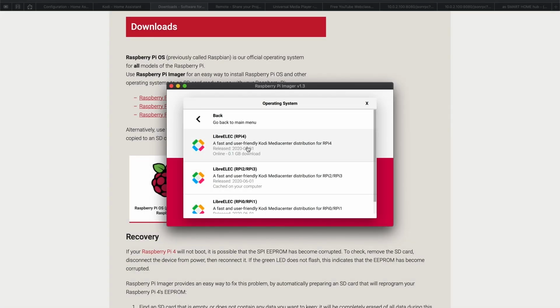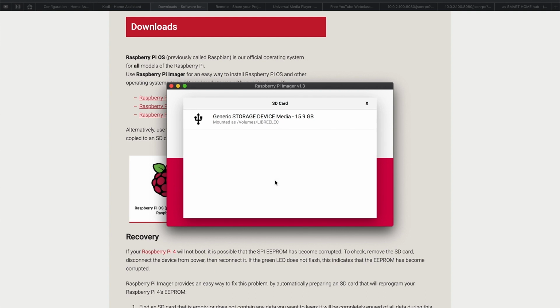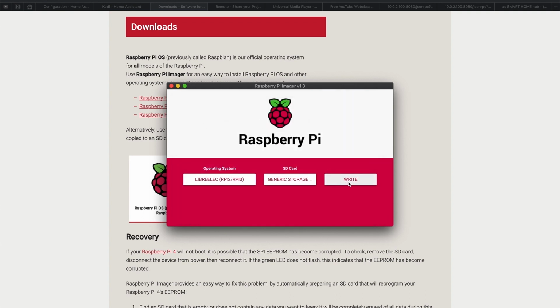As the authors of LibreELEC are saying, LibreELEC is just enough operating system for Kodi. Select your device here, in my case it's Raspberry Pi 3. Insert your SD card in your SD card reader or in your computer slot and select it. Then click on Write. You can insert your SD card with LibreELEC in your Raspberry and attach it to a monitor or TV with an HDMI cable.